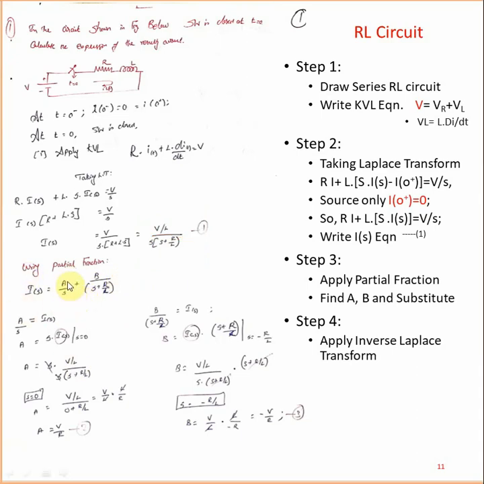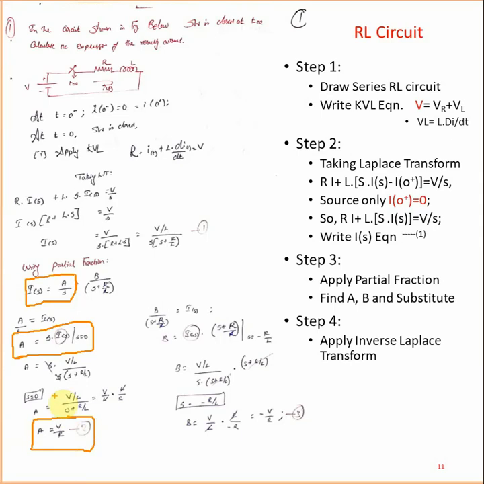So take this one, I(s). This is A by s, it is equal to I(s). Then A is equal to s into I(s). So easily I will go and write. Then substitute the I(s). What is I(s)? Substitute the first equation. After substituting, cancel the s into s and substitute s equal to 0. So 0 plus R by L, so V by L, so the A value I got.